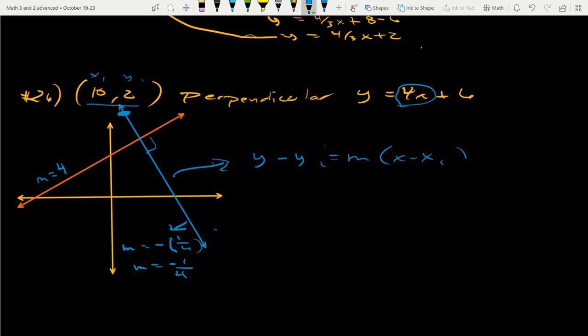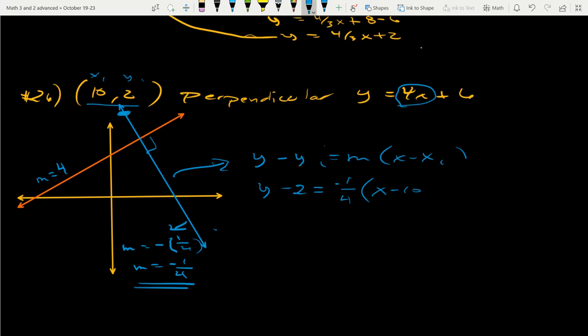So I'm going to have all the pieces in place. So I'm going to take y, substitute my y1, which is 2, equals my new slope, which is negative 1/4, times x